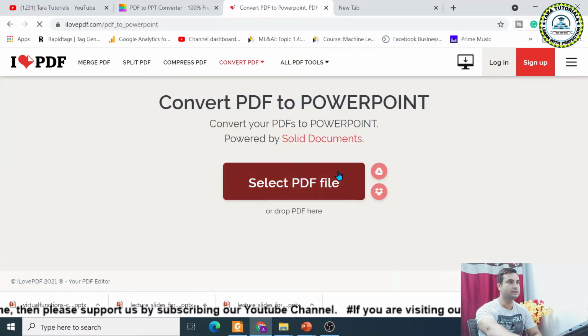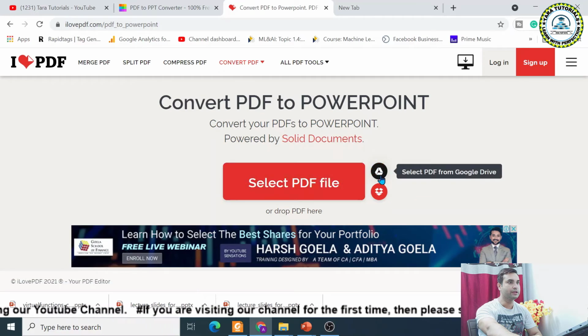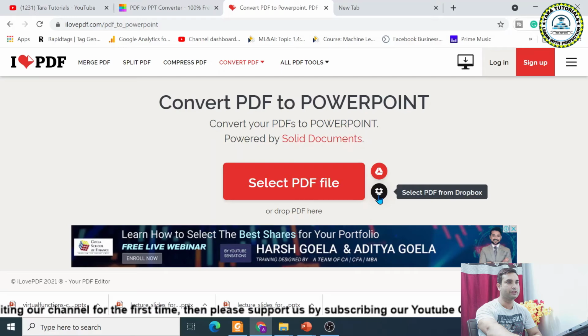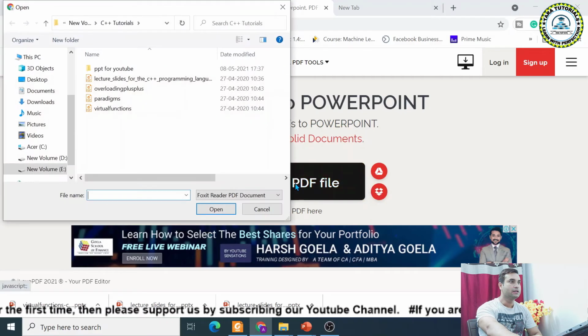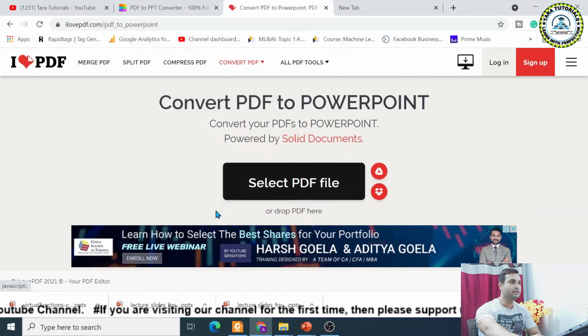Click on this, select the PDF file, or you can directly import it from Google Drive or from Dropbox. I'm selecting this PDF file, that is Paradigms. Click on the open button.